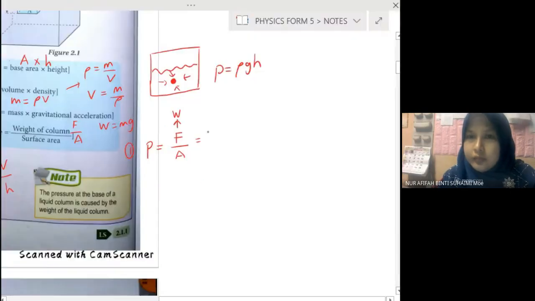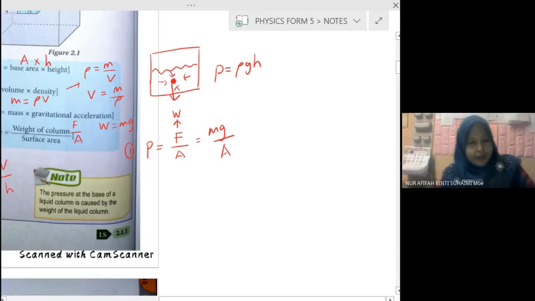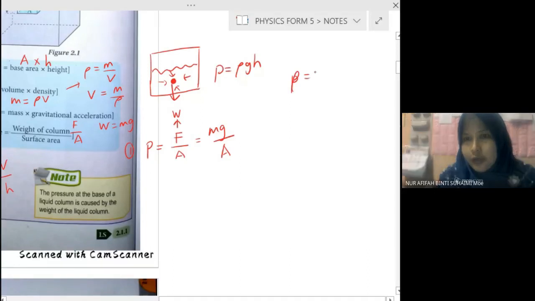Sambung balik. Tukar. Yang tadi dah betul. So the F we derive from F equal to mg, because the weight exerted by the object, the weight of the object. Okay, and then we have P equal to mg over A. Now for density, we convert the density first. We take out m from density. We know that rho equal to m over V, density equal to mass over volume. So mass equal to